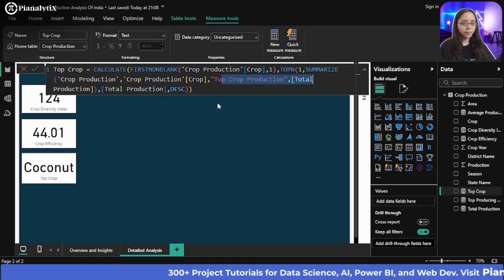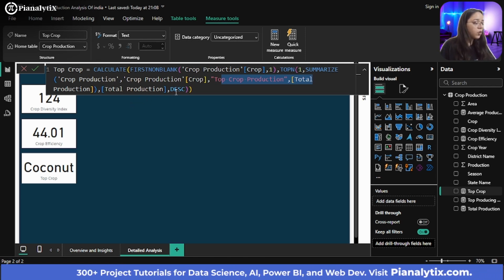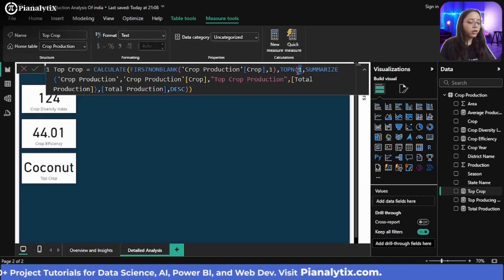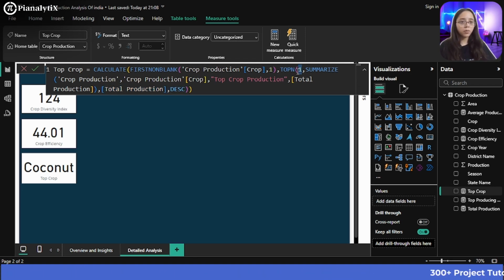Once that temporary table is created, the top end function arranges all of these temporary table records in descending order on the basis of total production. Once arranged, it extracts the top one record, the top crop which was highest on the basis of total production.